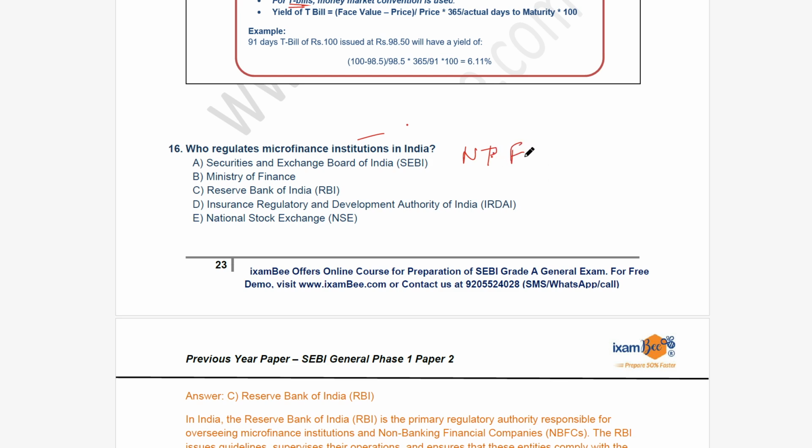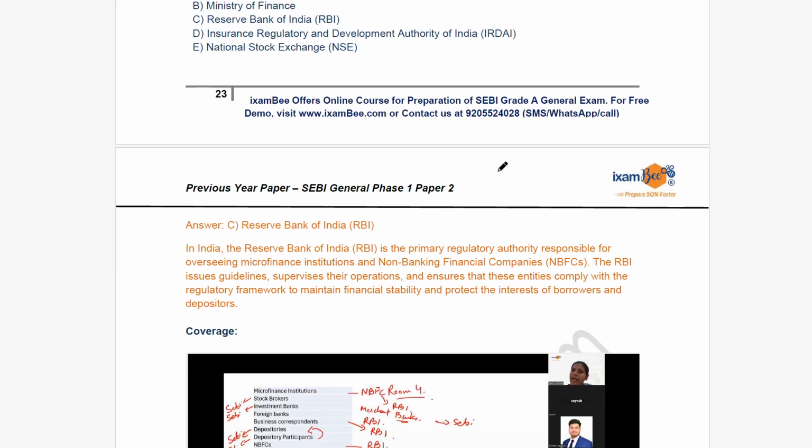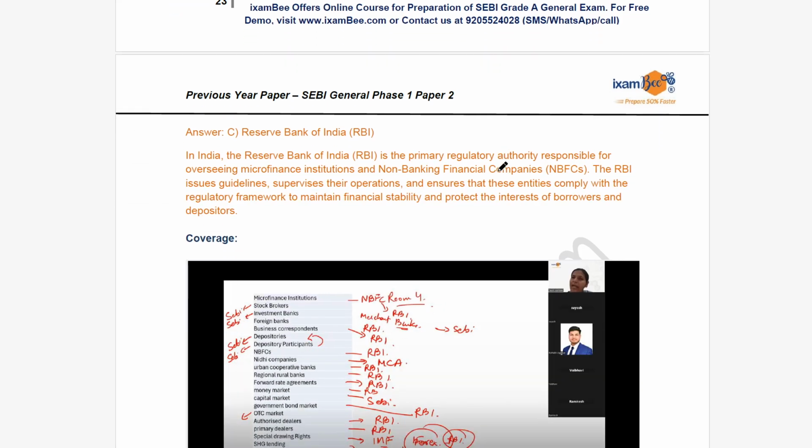NBFCs, all of them except for a few exceptions, are regulated by RBI. The correct answer here is RBI, and I'll tell you how we had been doing this in our live classes. We actually had activity-based classes where we took approximately 40 words related to financial systems, financial markets, and financial instruments, and discussed in detail what they relate to, who is regulating them,